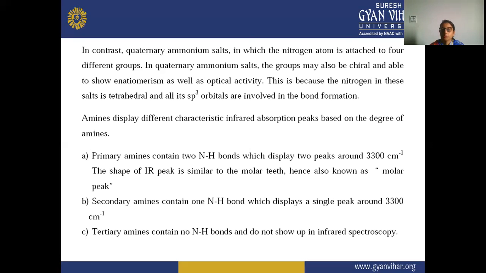In this quaternary ammonium salt, this is because the nitrogen is tetrahedral. The four different groups attached to the nitrogen atom form a tetrahedral structure, and all the sp3 orbitals are involved in the bond formation. So the groups may also be chiral, and they show enantiomerism as well as